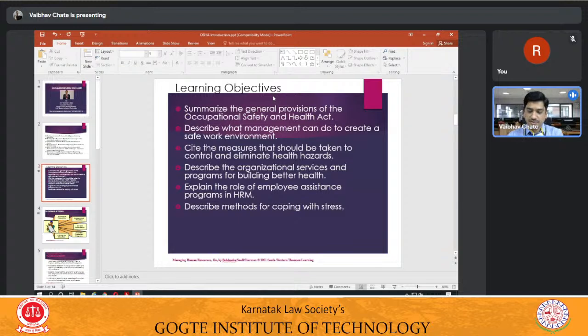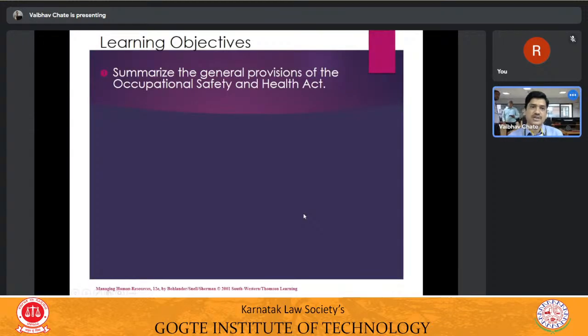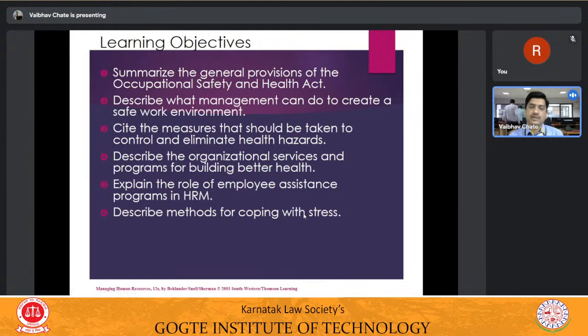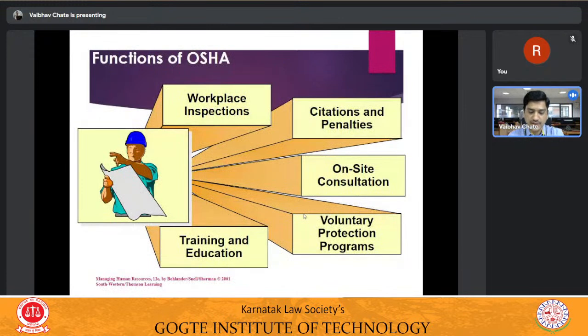Coming to the subject part. This particular subject is for all the branches of engineering, irrespective of the discipline you are going to be in. It is applicable for architecture, aeronautical engineering, mechanical engineering, IS, CS, E&C. All these branches will be covered, and this subject is going to help all the students, because at the end of the day you are going to work in a particular organization.